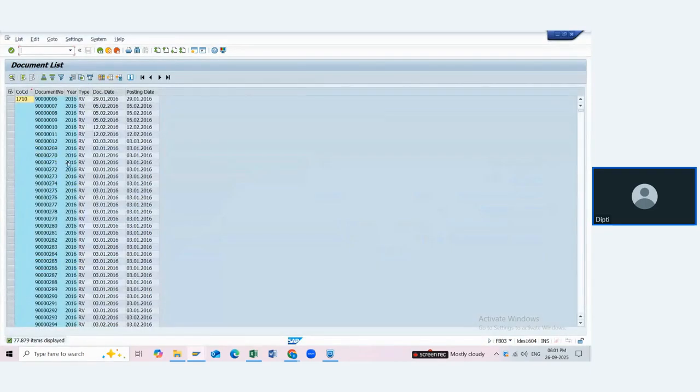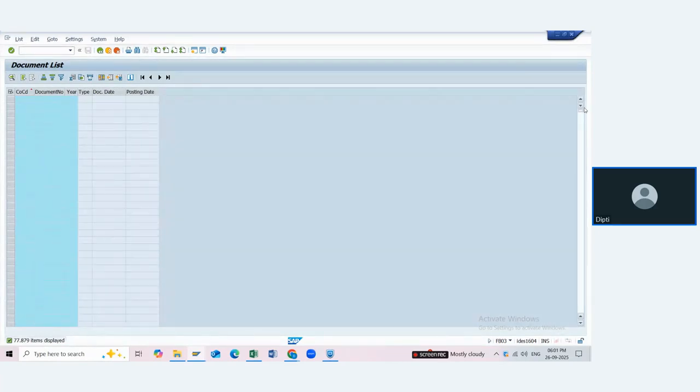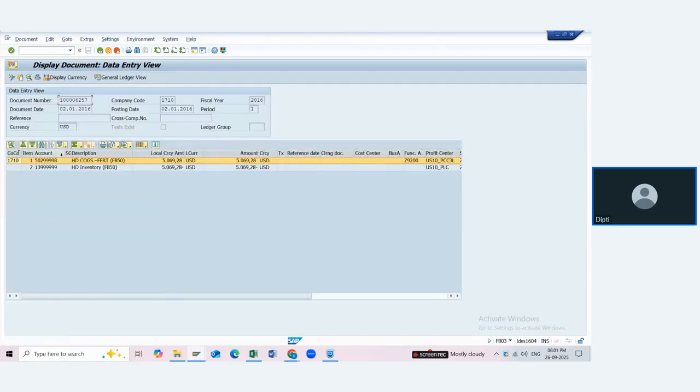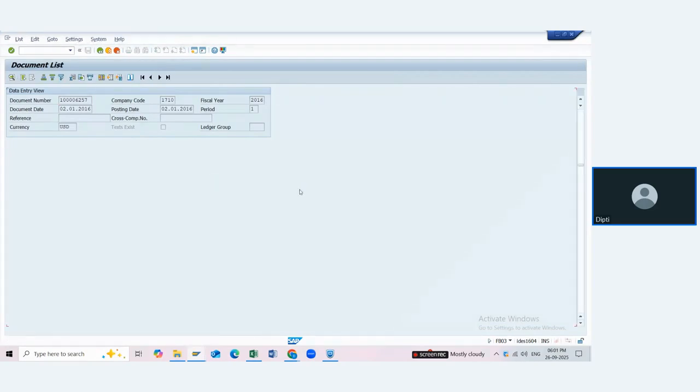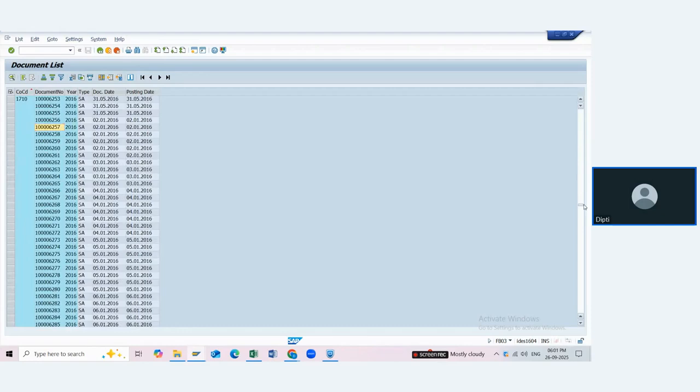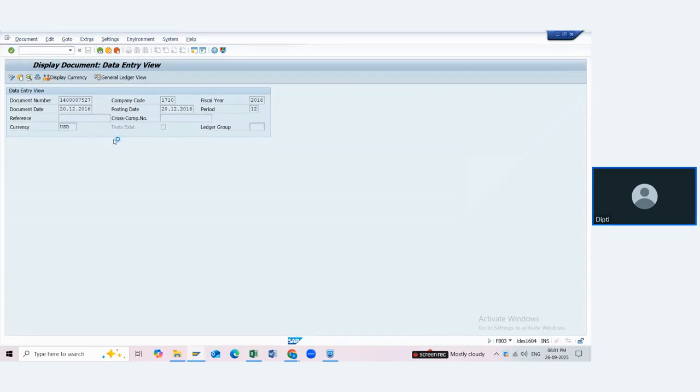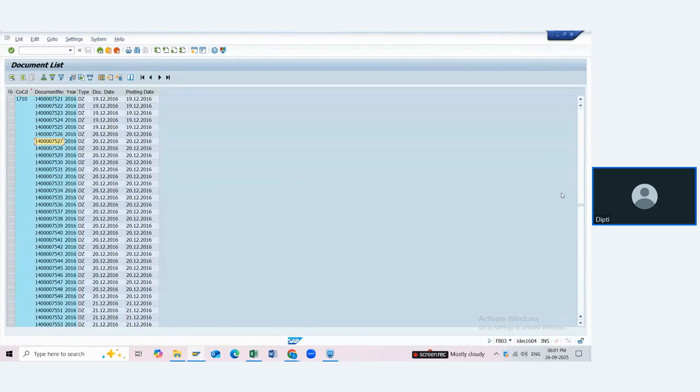Now this is the document list. See, now I can tell you, let me scroll down a little bit. There are many entries. See, SA, I can tell you that this is a GL entry. If you double click it, it will show you GL entry like 40, 50 posting keys, which are already having the GL related part. So SA is a GL entry. If you go to DZ, DZ is the customer payment entry, cash to customer or bank to customer. So this is the bank account and this is the customer. So this is an entry wherein you have received the payment from the customer.